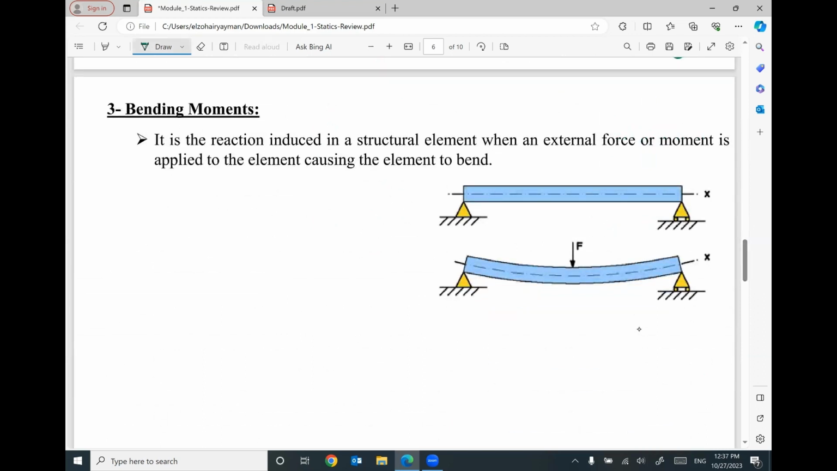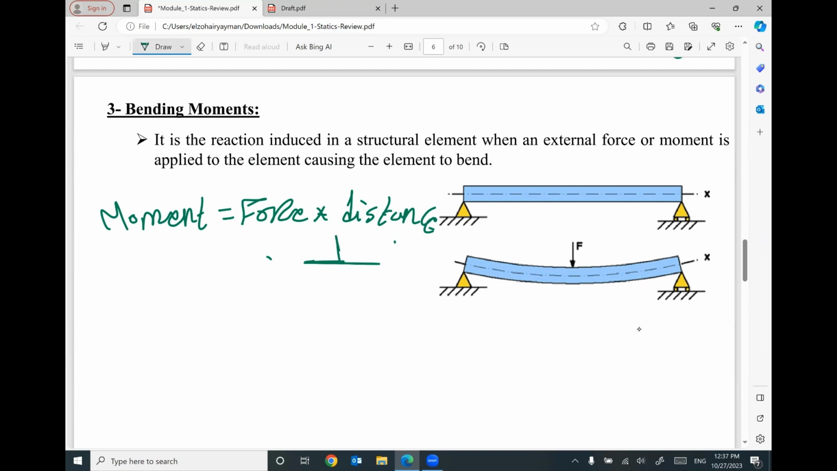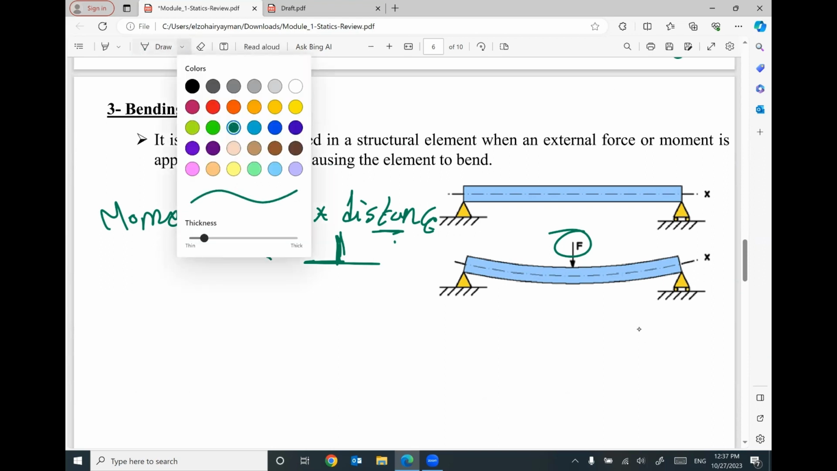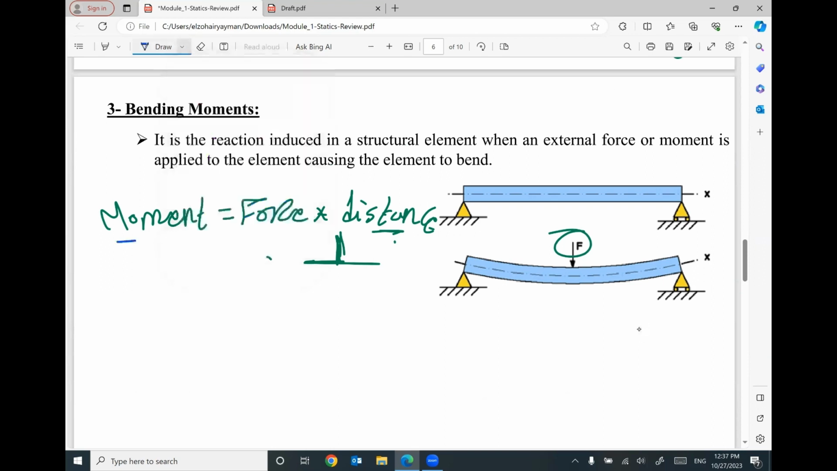Bending moment. The term moment equals force times distance. Your force and your distance must be perpendicular. So if you have a force and you have a distance, both of them perpendicular, that means we should have a moment. If you have a moment on your beam,